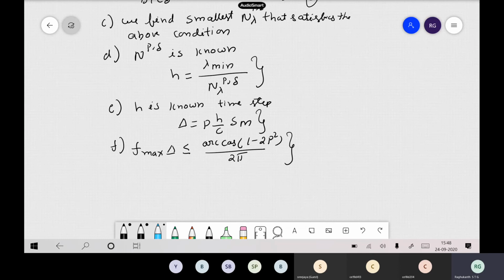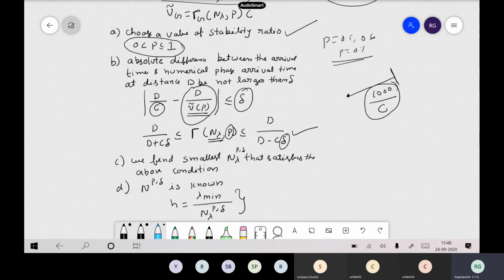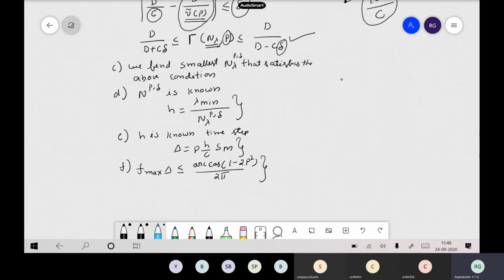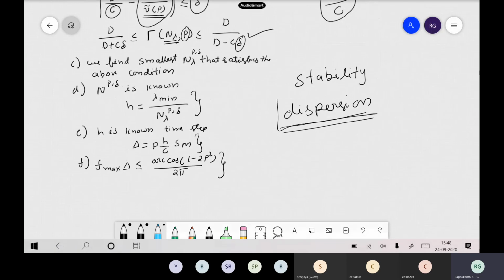So this is the broad procedure you have to follow in the finite difference method to avoid instability and dispersion. But whatever you do, your solutions may be stable, but dispersion you cannot avoid. Some amount of dispersion automatically comes into your simulations, because the phase velocity in your grid will not be exactly the same as c itself. And these dispersion errors also increase with the increase in distance.